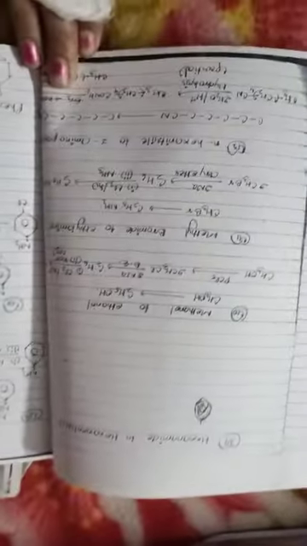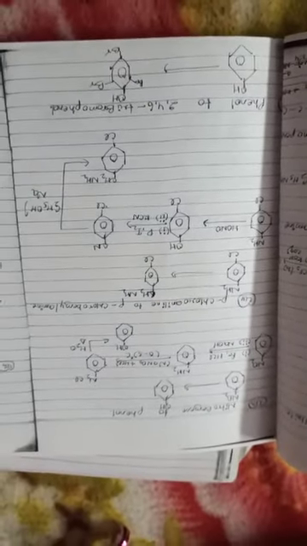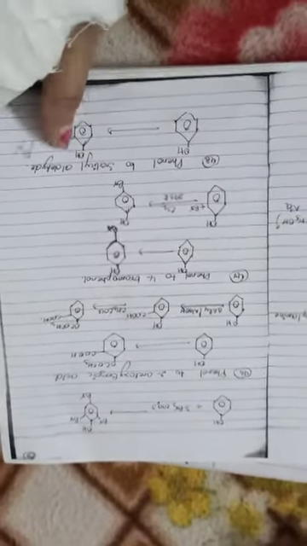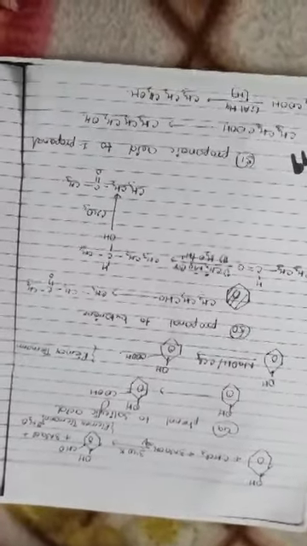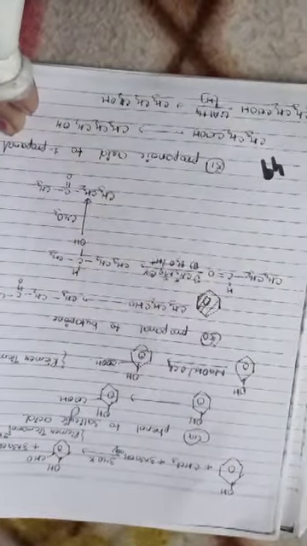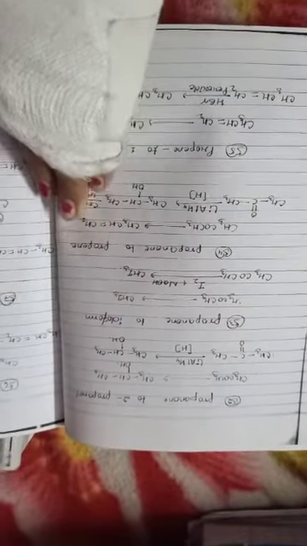See the conversions here. These are the conversions of the amine group, but in the paper they are also asking about conversions. They will ask you like this: write the 3 conversions of the amine group. Then you can write down this, like propanoic acid changing into 1-propanol. There is no shortcut for this one. So you have to learn these things and practice in the copy. It is better to learn these things.